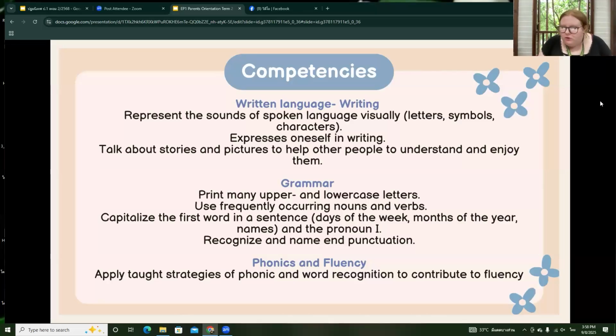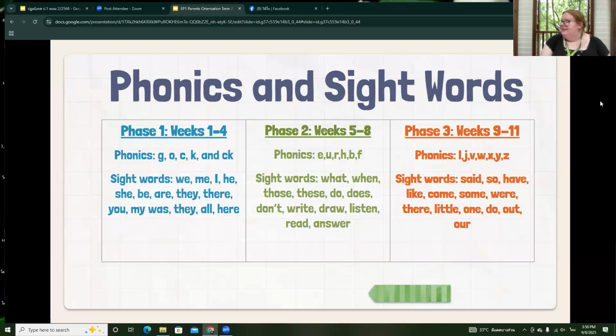So remembering our full stops at the end of a sentence, remembering spacing in between the words, things like this. And then finally, we have our phonics, where we'll be applying taught strategies of phonics and word recognition to contribute to fluency.